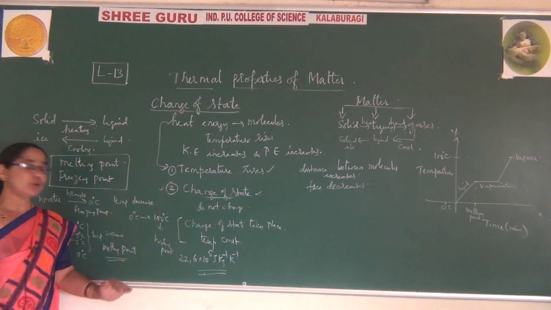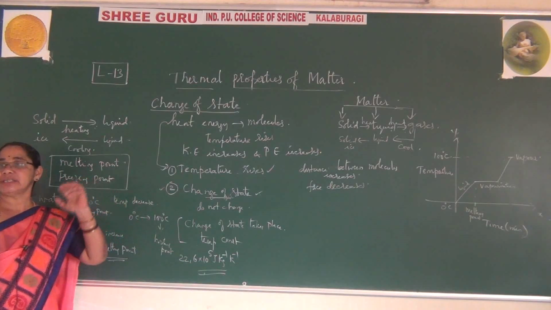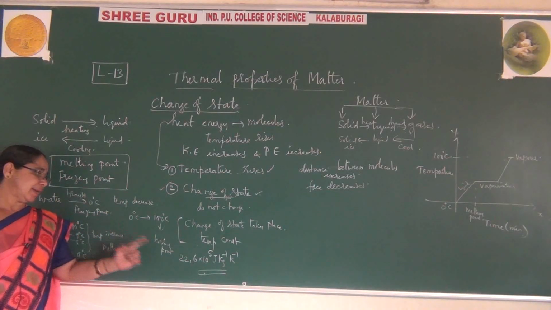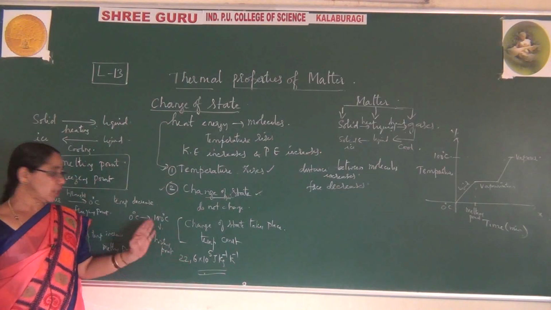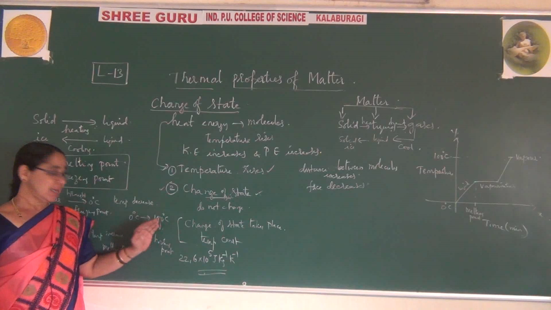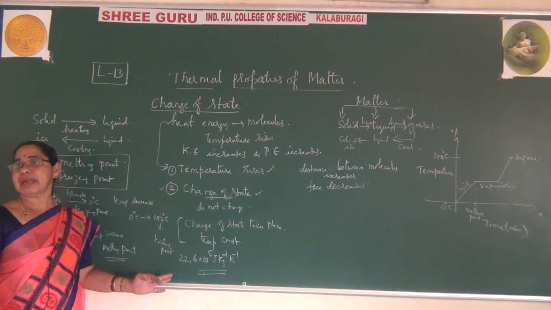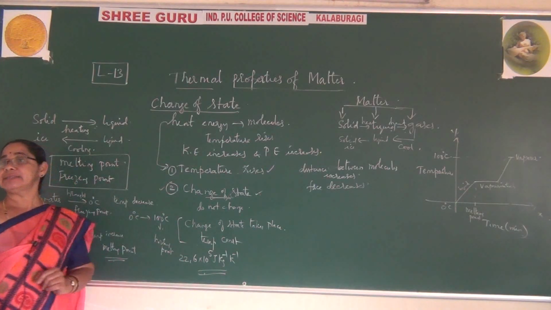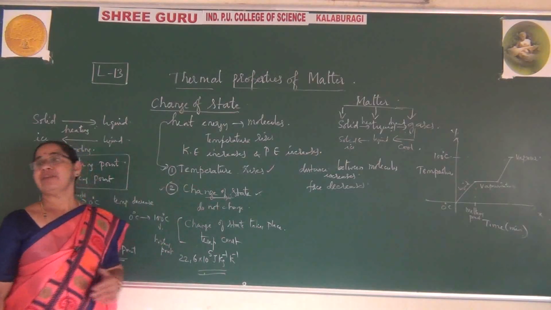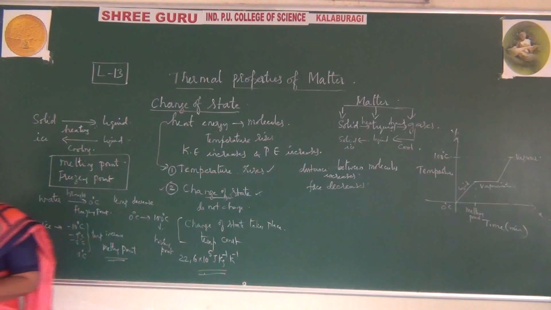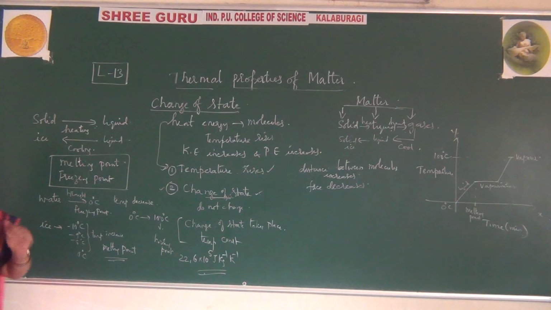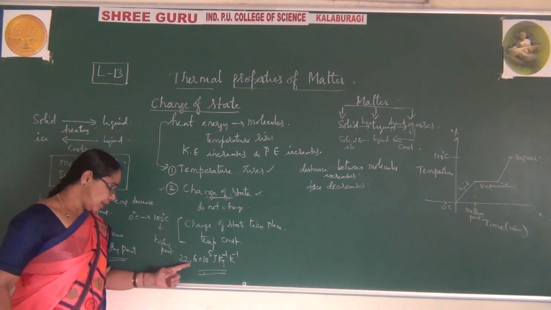When you give this much energy, this complete water changes to vapor, and that is called vapor. More heat is needed for it. The temperature has risen, but this amount of energy is applied to convert the water to vapor. This point is the steam point, where the latent heat of steam is 22.6.